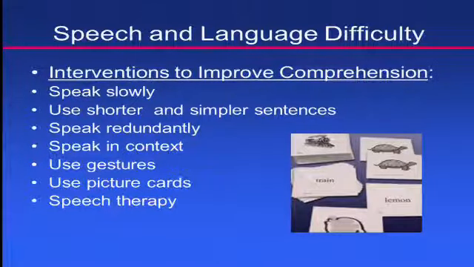So if you're discussing dinner, don't speak in the bedroom. Take your loved one into the kitchen and talk about dinner there. It's going to be easier for him or her to understand what you're trying to communicate. Use gestures, again. Try to point at the objects that you are referring to. Use picture cards, for the same purpose. If they can't recognize the word, your loved one can usually recognize the object, and they can point to the object and say, here, that's what I was referring to, cup of water.